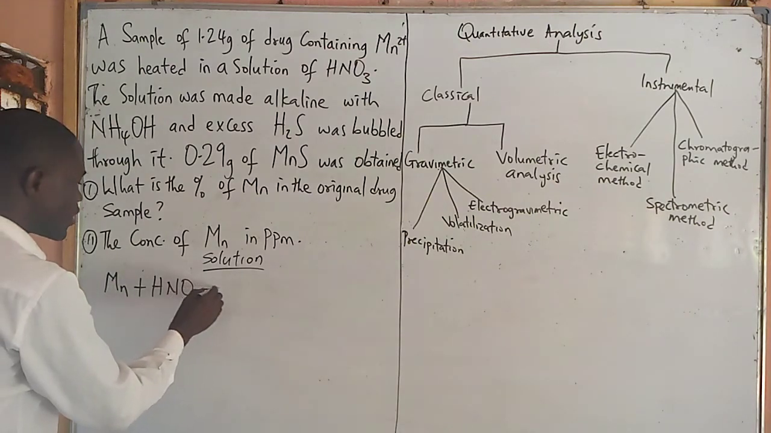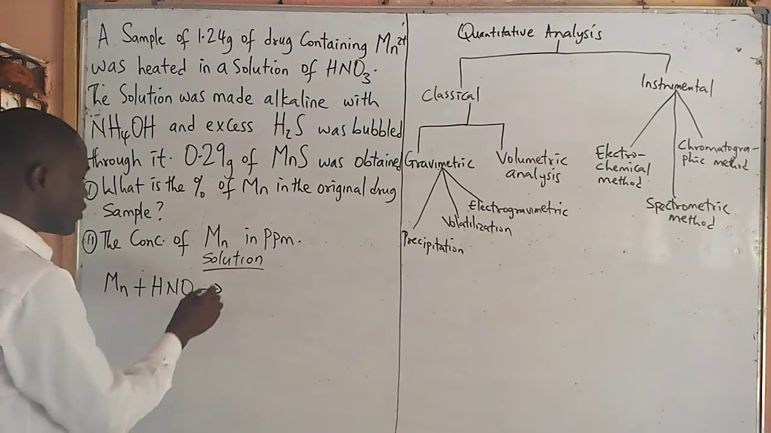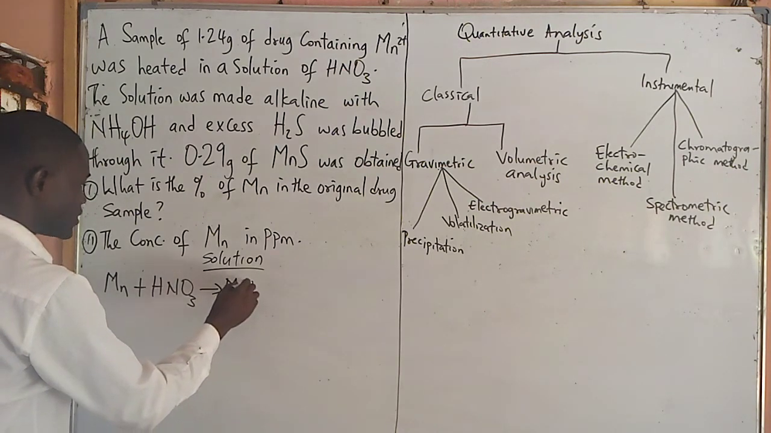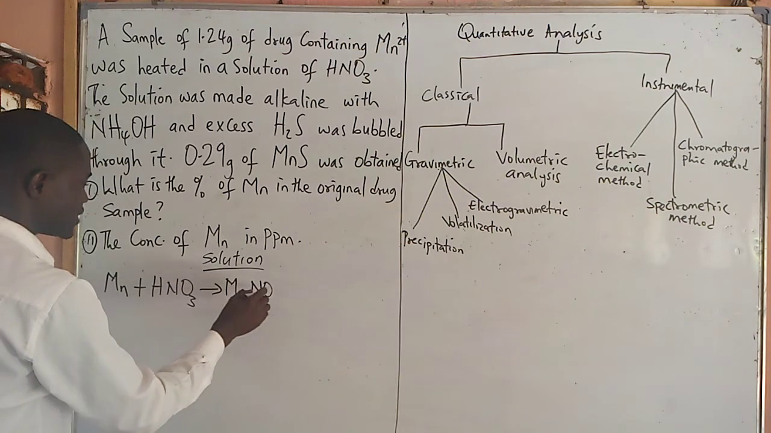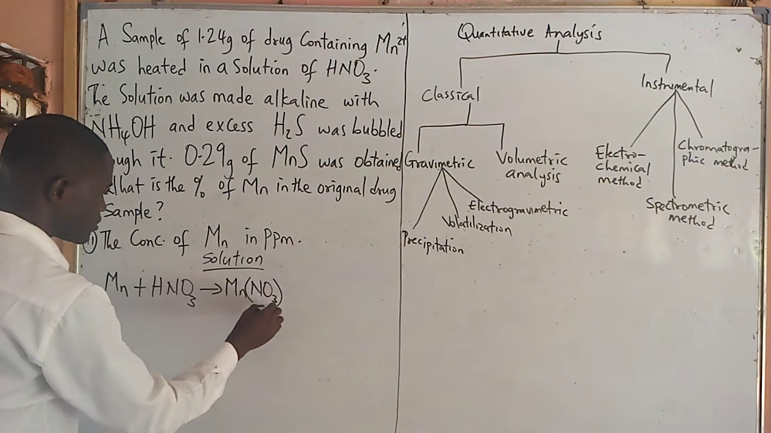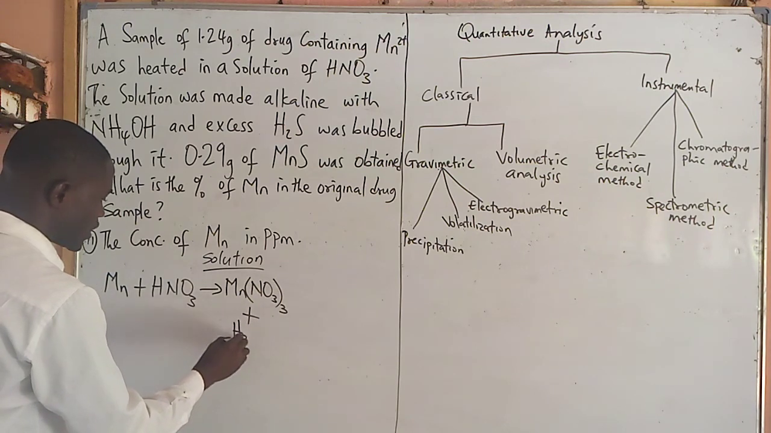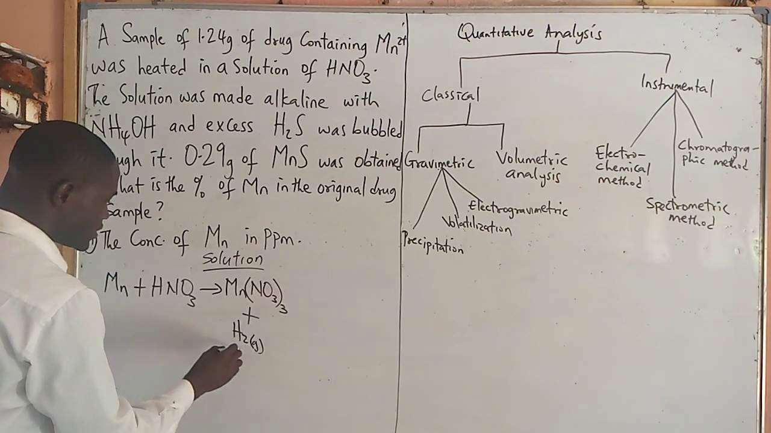So once these two react, there will be formation of manganese nitrate with evolution of hydrogen gas. This gas will evolve